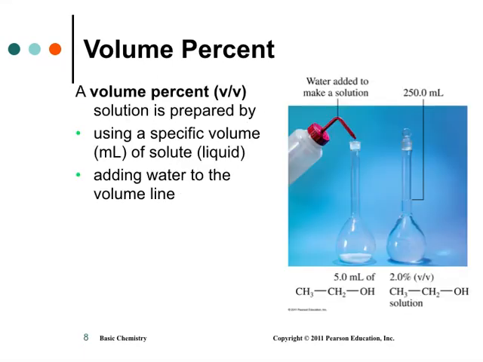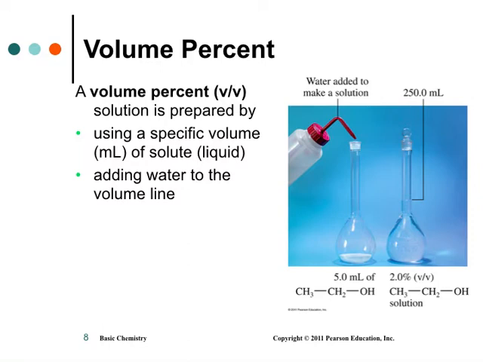You use a volumetric flask. A volumetric flask is an interesting piece of glassware that has a line along the neck. If you put water or any liquid up to that line, you have exactly that amount, and it's written on the side of the flask. In this example, there's a 250 ml flask, but you have all kinds of flasks, liter flasks or 10 ml flasks, depending on what you have. I think we have a number of them in the lab.